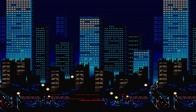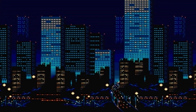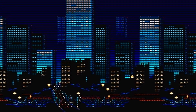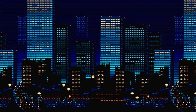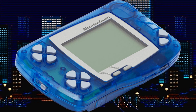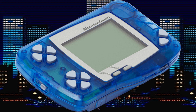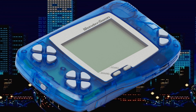The first of those being that the Bandai WonderSwan was designed by the famous engineer Gunpei Yokoi after he left Nintendo when his Virtual Boy system had failed. Now, he set up his own company, Koto Laboratory, and Bandai then approached Yokoi to create the WonderSwan to be a competitor to the Game Boy. Now, Yokoi unfortunately died in 1997 before the system was released, but much of the work he did lived on